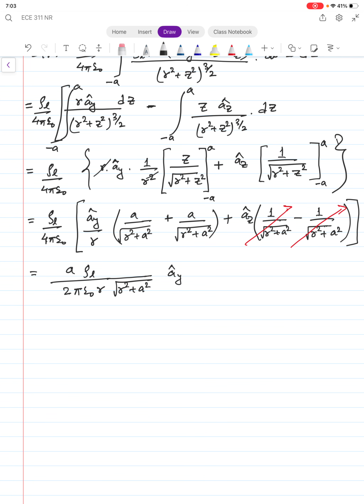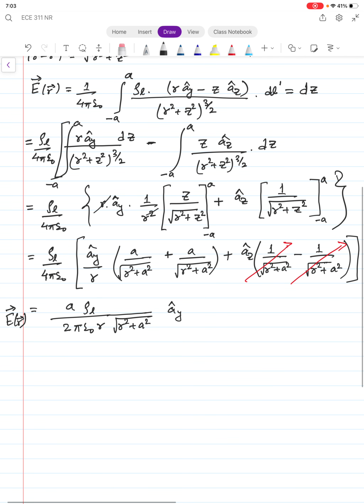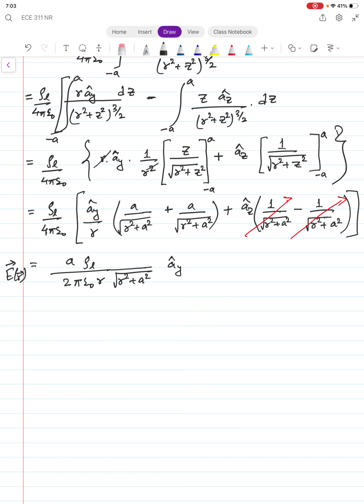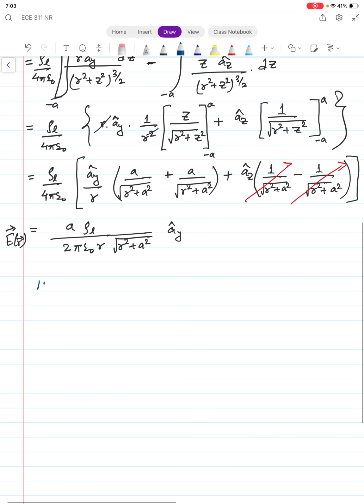So this is our E at the observation point, and I should not forget that E itself is a vector. Okay, I did put the vector up top. Okay, now let us consider a very special case. Let me write special case. If the rod is infinitely long,